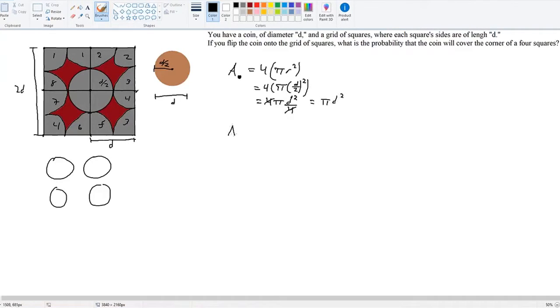And the area of the square in total is going to be equal to the side length squared, which is going to be 4d squared. And so the probability is going to be equal to